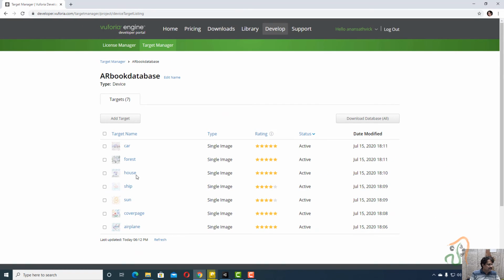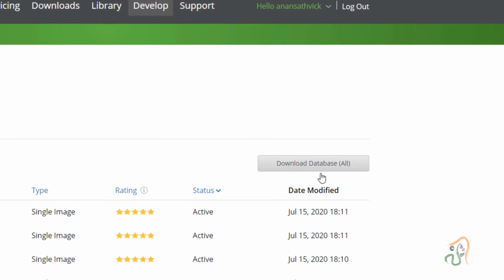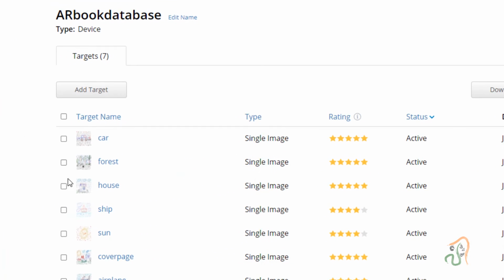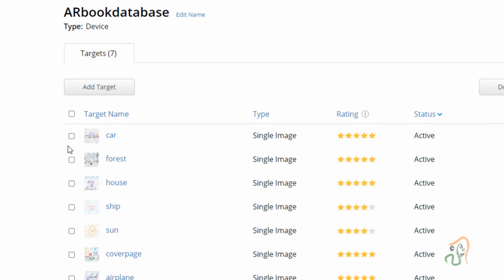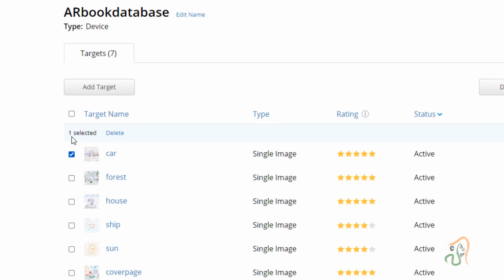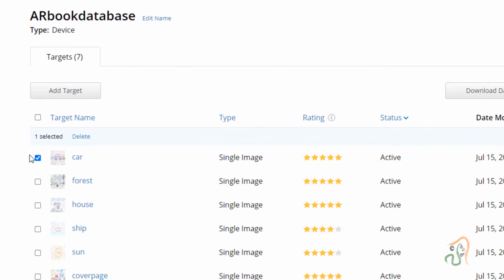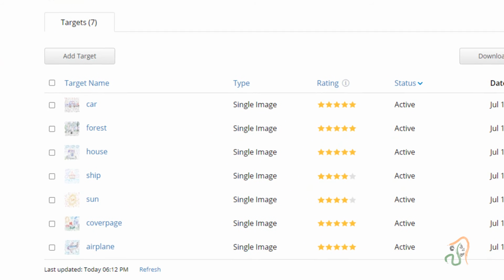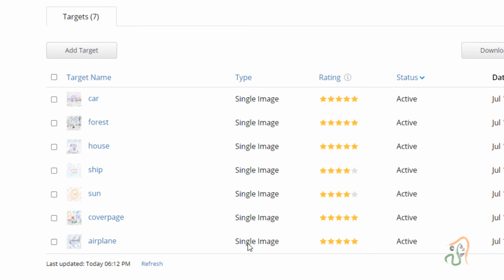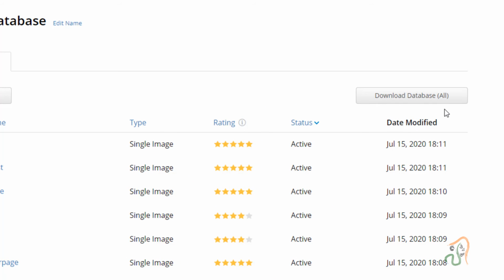Our next job here is the button called download database. If you have not selected any image here, all images will be selected, or you can select individually and download. Right now do not select anything, then it shows download database all.